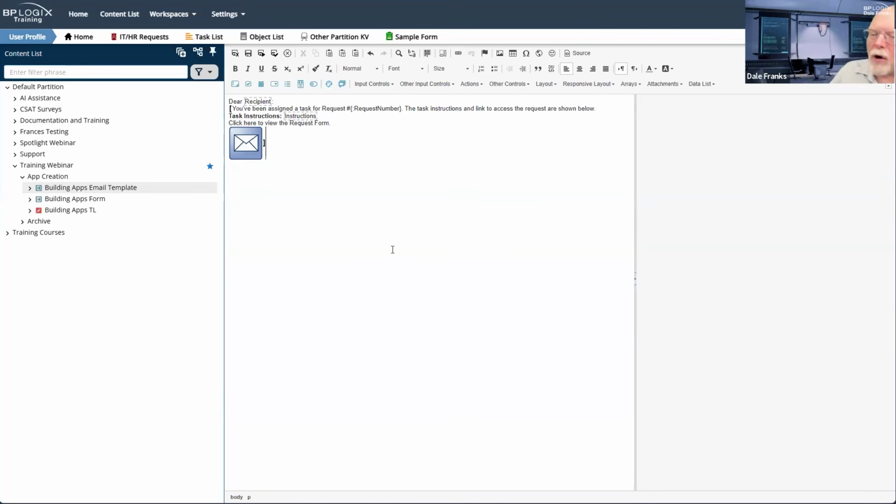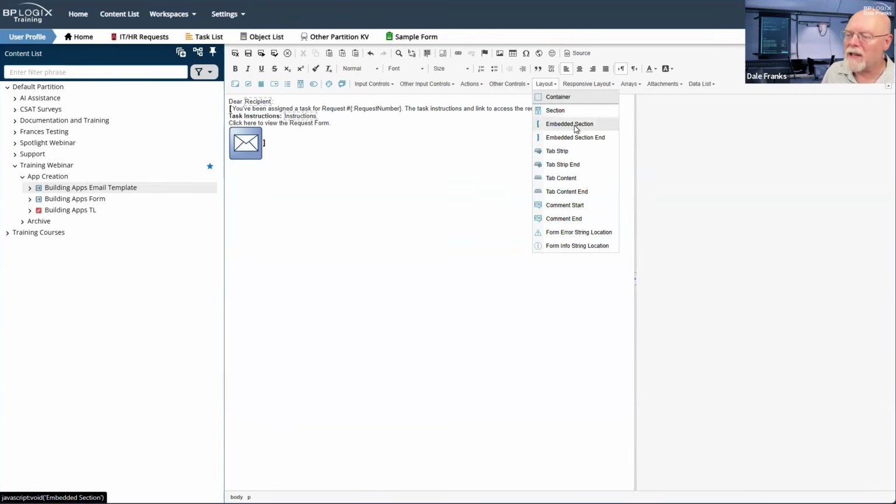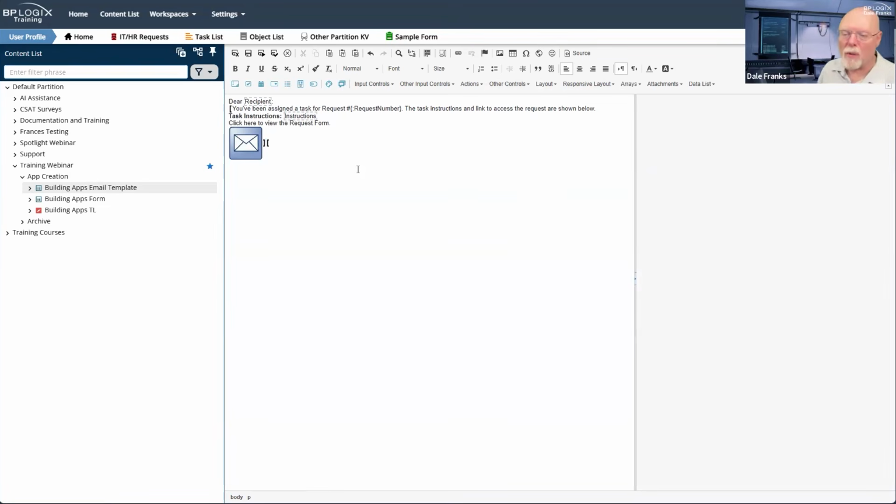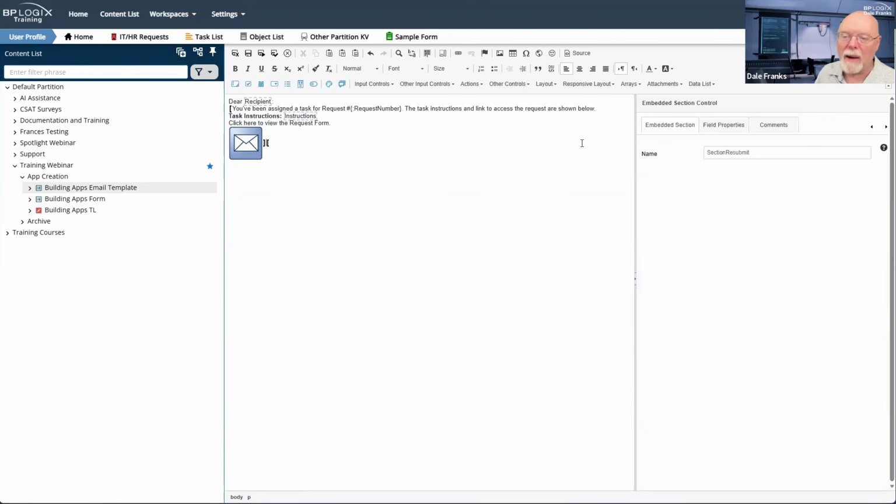So as I said earlier, we are going to immediately throw in our next section control. So we're going to throw in a new embedded section, and we'll just call this section resubmit. And now I just have to start with the message that I want to send to the user. Actually, there is an even better way of doing this in terms of spacing.